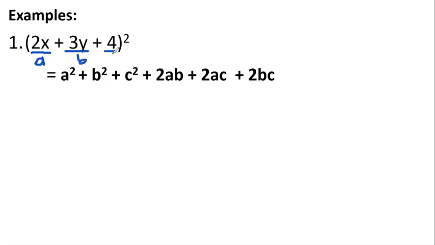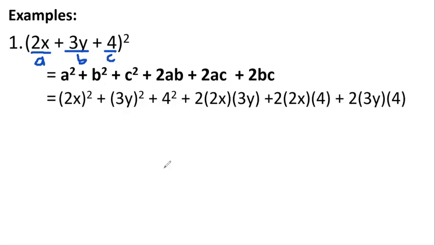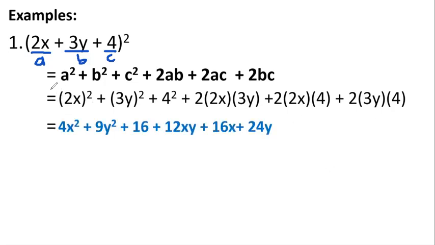And our c is 4. So substitute natin yan sa lahat ng value dito, sa lahat ng variable dito, magiging ito. And if i-simplify natin, we will get 2x squared, 4x squared, 3y squared, maging 9y squared, 4 squared is 16,